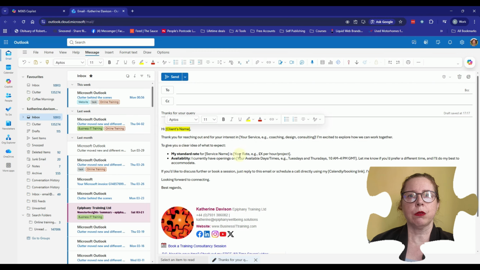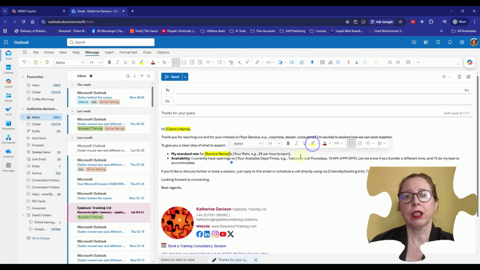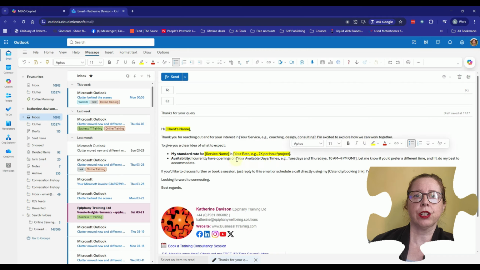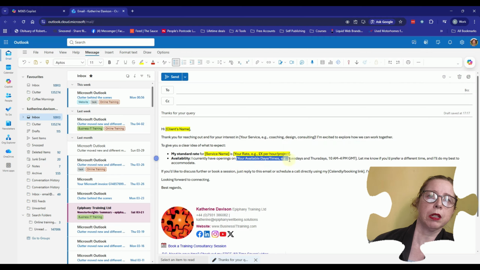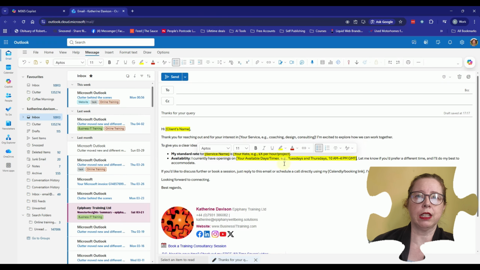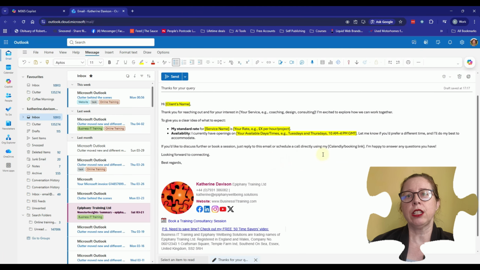Now, what I usually do is also highlight placeholders because I don't want to forget any. Okay, so I'm just going to go through and highlight these. Now, if you have standard amounts, so say somebody calls you up and is always asking, what are your hours? You would actually put that information in if it's static, if it doesn't change. But if it changes on a weekly basis, like this,